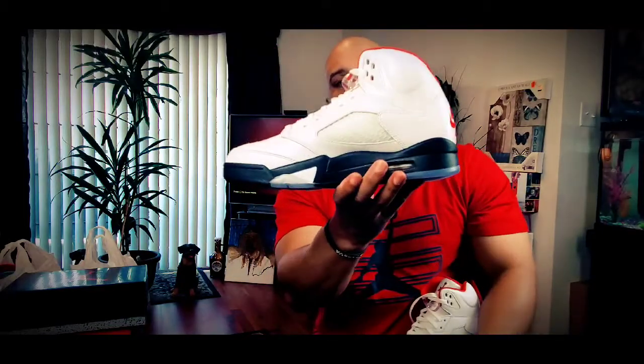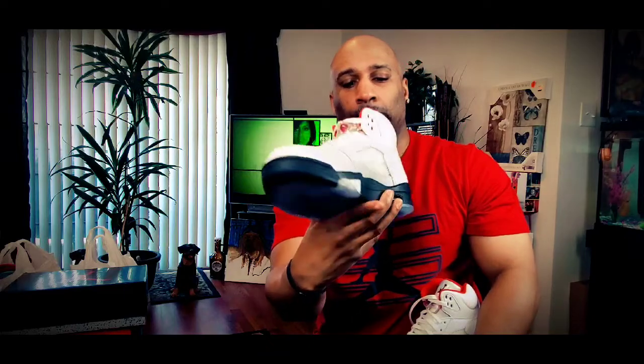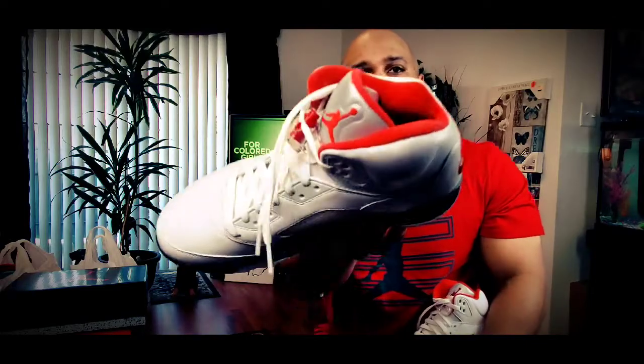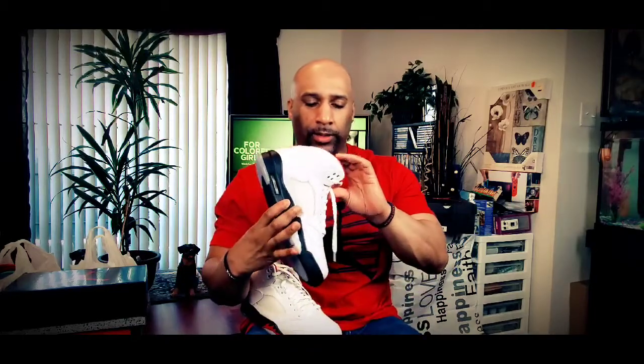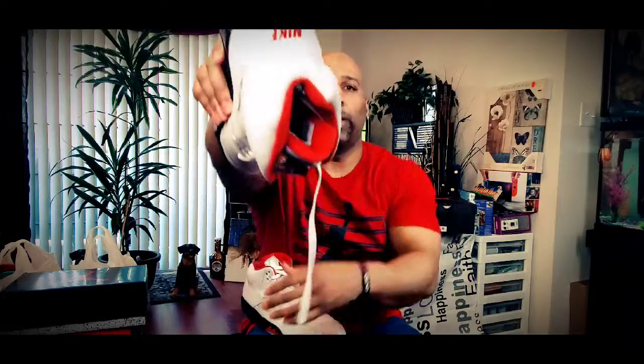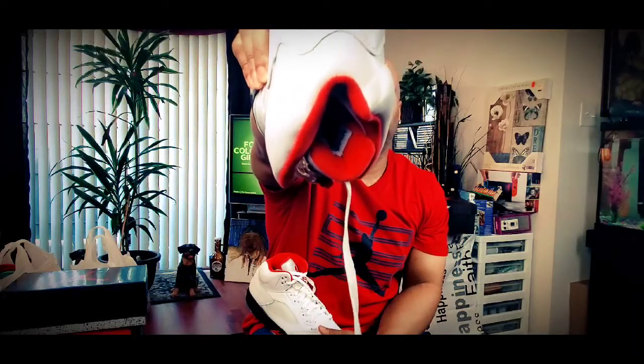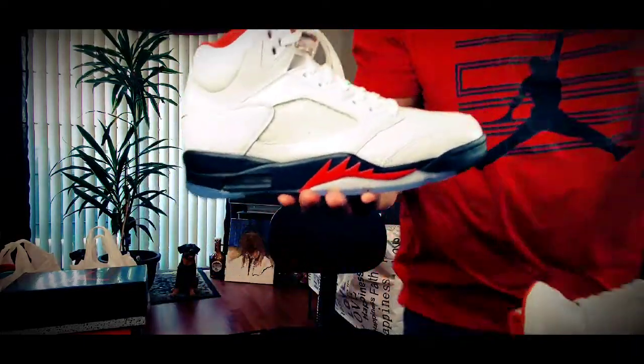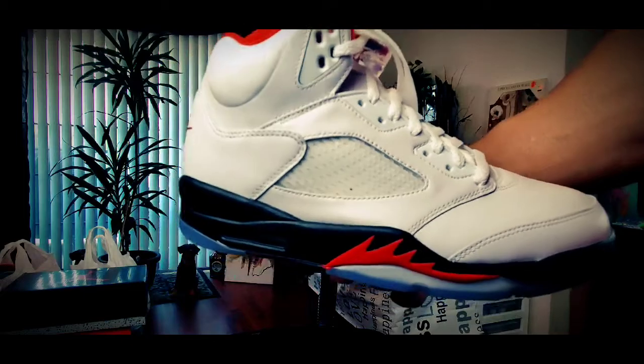This is the medial side. And on the inside, the insole, the footbed is black with Nike Air and white. All right, same with the left side. And then you get Air Jordan behind the tongue upside down. All right, so let's get a closer visual. That should have been close, but